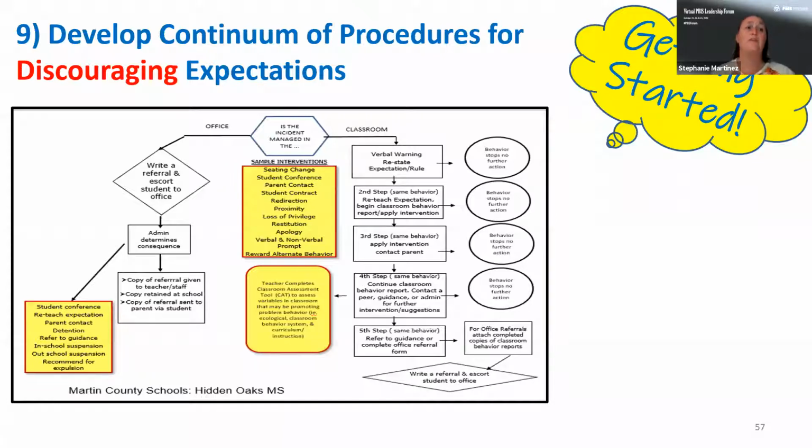And so here's the sample flow chart from a school here in Florida. We talk about minors or classroom managed behaviors and office managed behaviors or majors. So here are the procedures that this one specific school had laid out to work with their staff to know what the procedures were if they were to observe a student and know which behaviors would be handled by them in the classroom and provide them some steps to follow, versus something that would be handled by the office and the steps to follow there as well.